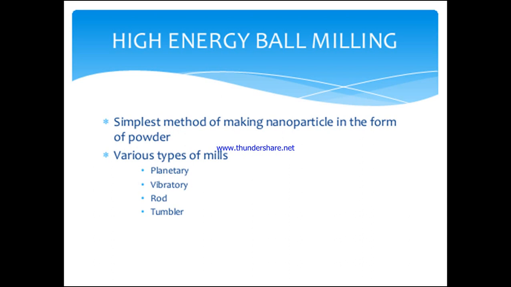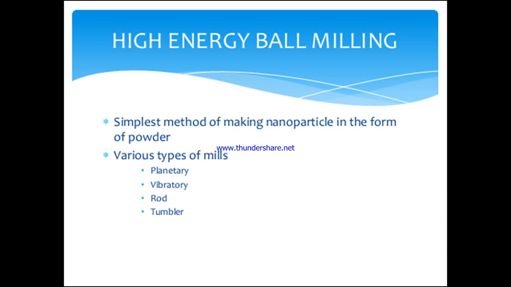By the mechanical method, that is, various types of mills we are going to have. When we talk about ball milling we are having various types, that is planetary, or vibratory, or rod, or tumbler methods. So we are having different types of mill. By using the different types of ball milling technique, we go for the conversion of bulk material to the